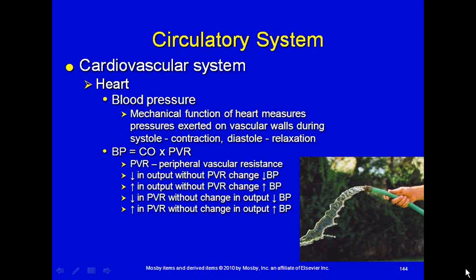And the important number there to me is diastole. The reason is that the diastolic pressure is the constant pressure in the arteries all the time. The diastolic pressure is the pressure that the left ventricle has to work against in order to get blood to all parts of your body. So the higher that diastolic pressure is, that's more of a concern to me than that